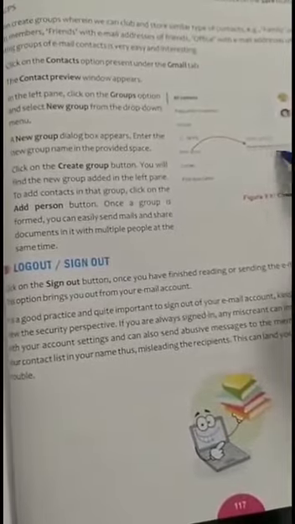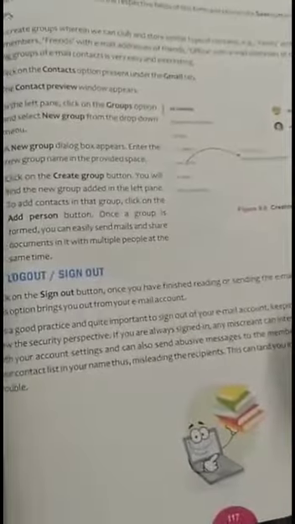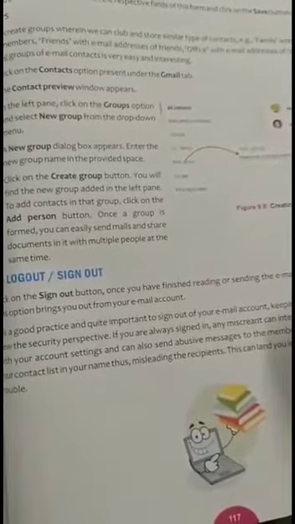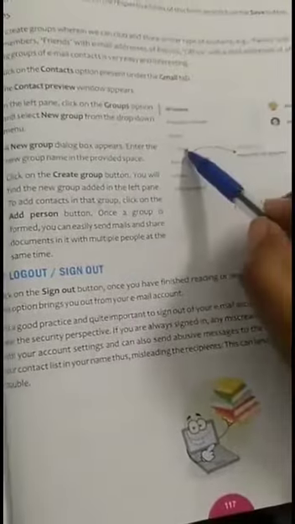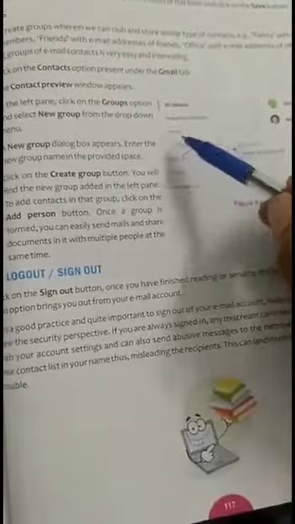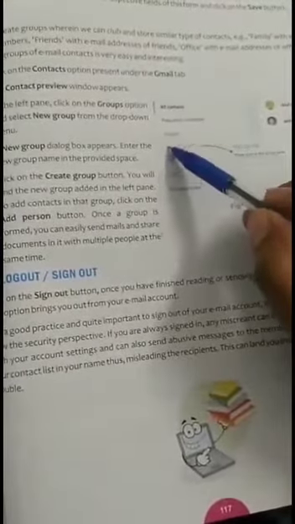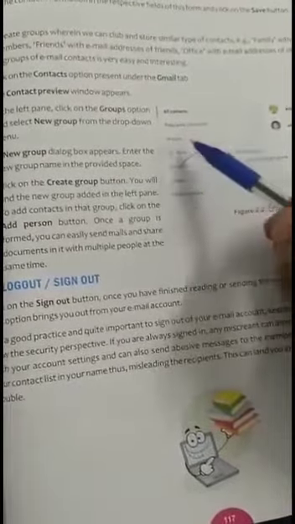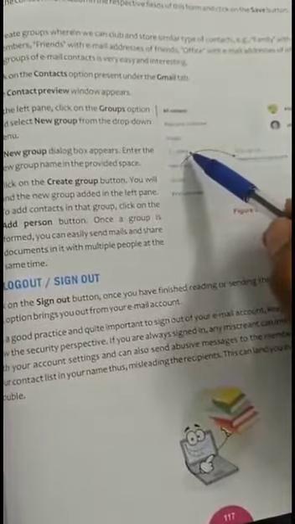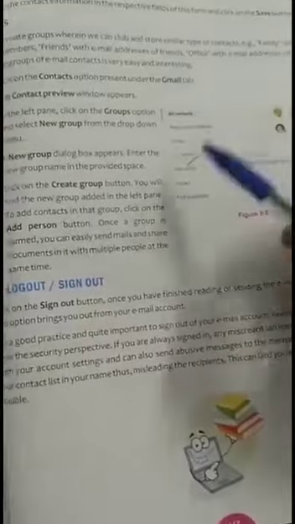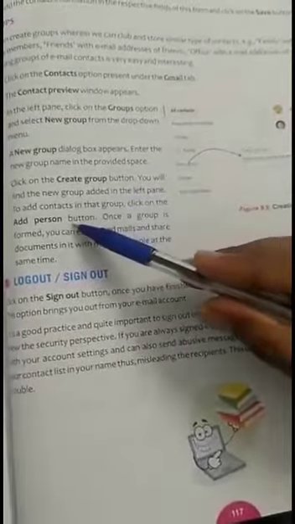In this you need to enter the new group name and then click on the create group button, and then you will find the new group added in the left pane with the group icon. To add a contact to the group that you created, you need to click on the add person button.